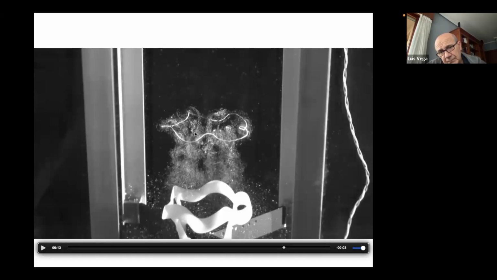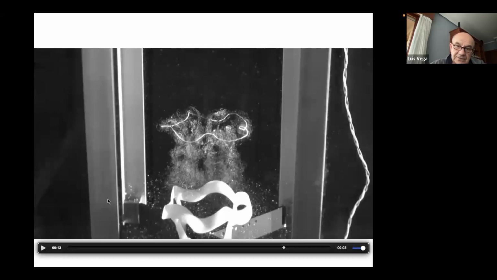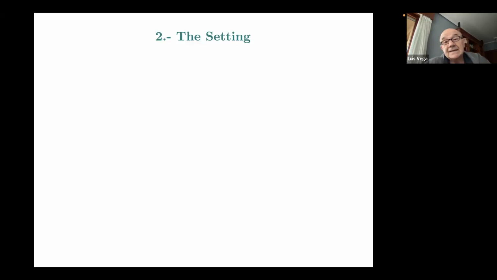In this example, it seems as if the geometry is frozen, and that the filament, the center of the filament, or the center of the tube, let's put it this way, exists and is moving without a change of shape or form. It's like it's rotating and moving upwards, if you want. Anyway, so these are the three examples, and what I want is to try to describe this in a precise way. And of course, in order to do that, I need some math.